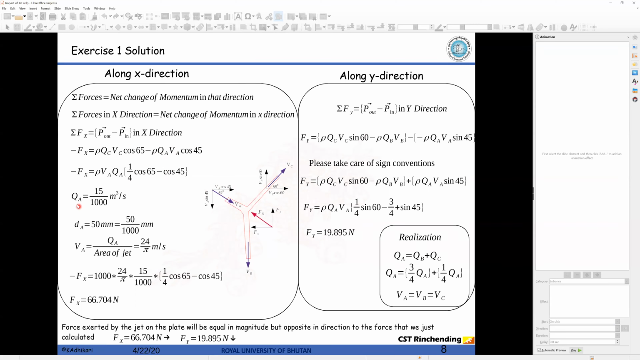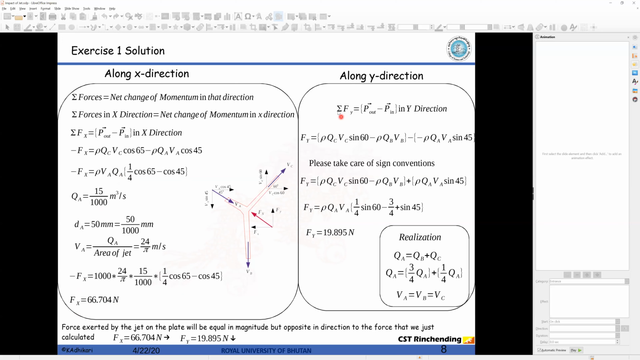From here we get the force. We also need to understand that capital QA is 15 by 1000 meter cube per second, and similarly QC is one-fourth of QA. So by substituting QA and QC here, I have substituted the value of QC, then taken out QA, and further calculated the value of F of x. Now this F of x is 66.70 Newton. Further,